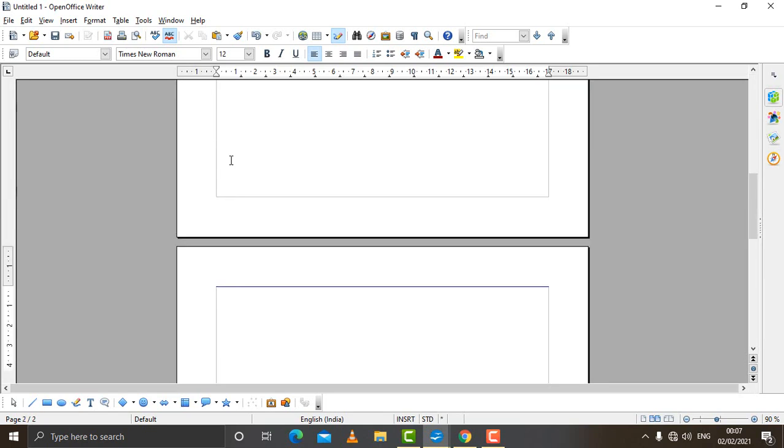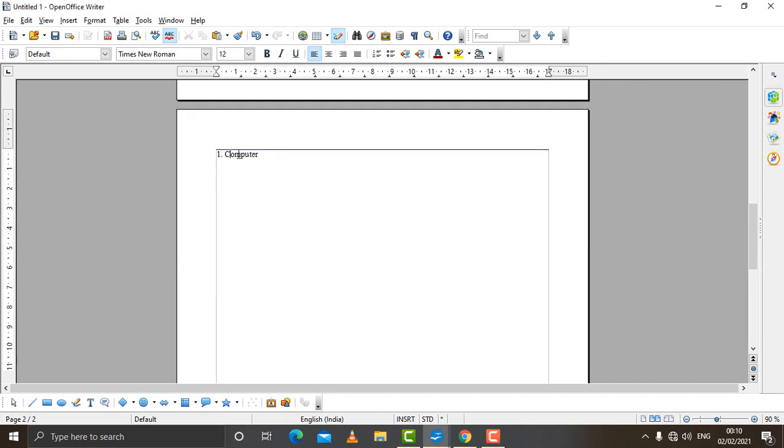Type the first heading. Let the first heading be computer. Then it needs a description, so I'll be leaving the description. I'll come to the next heading. Say for example the next subheading is hardware.